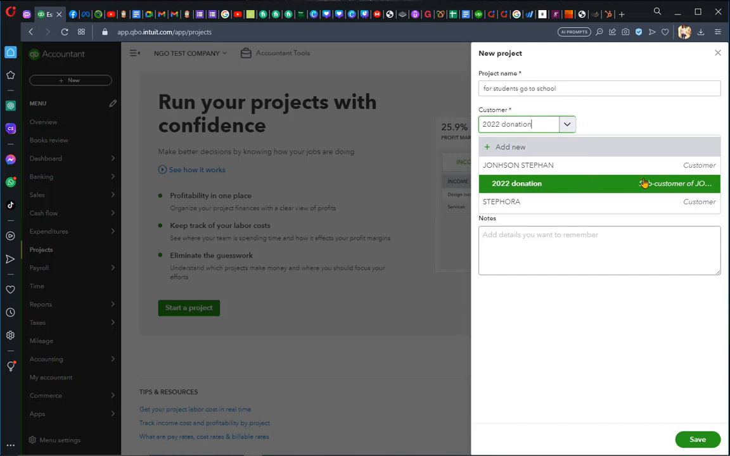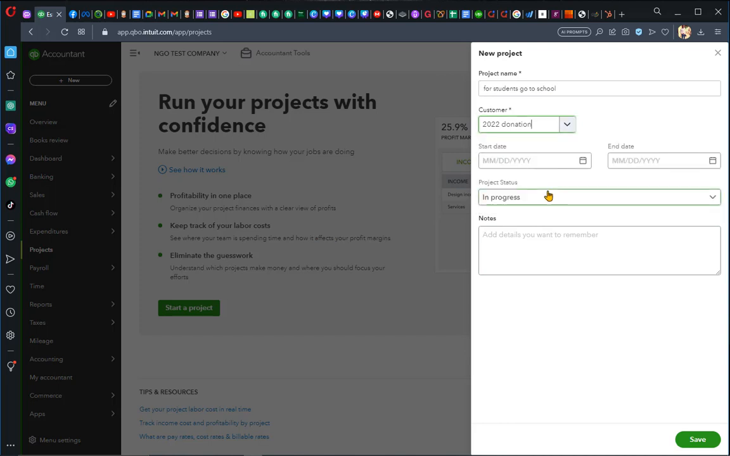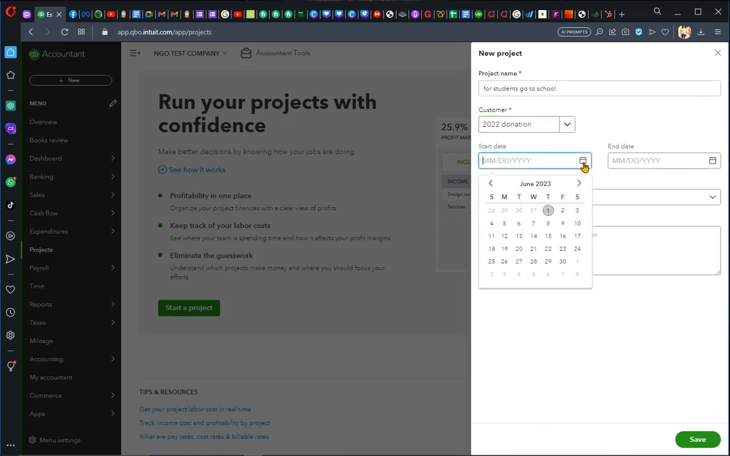from another project. Like, okay, if this is 2022 donations from this particular customer, and this particular customer or donor ends up giving another donation for another project, we will have to create a separate customer or job under this particular customer or donor, such that when we create a different project, we attach that particular job for this particular customer. So yeah, I'm going to select these, and I'm going to take, for example, the start date